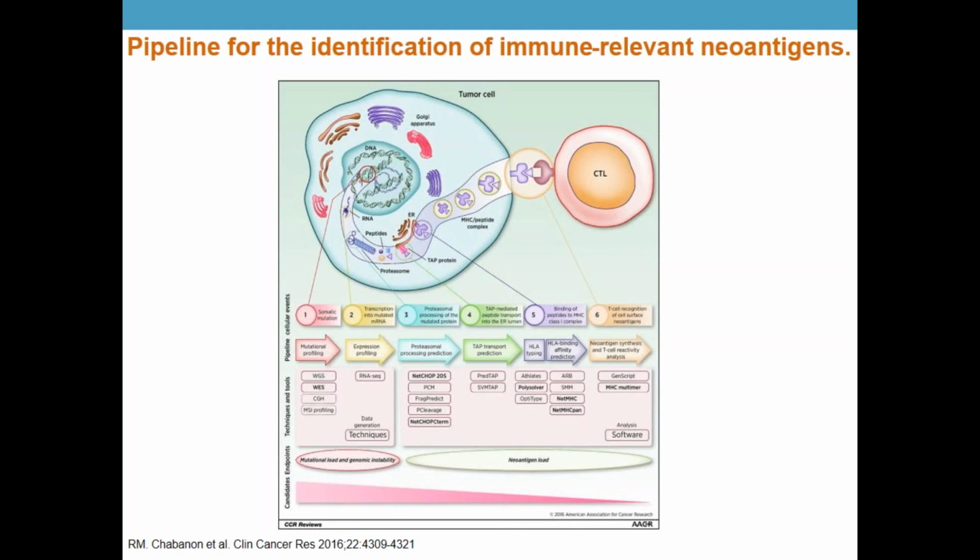Then we get to number 5, which is the binding of these things to that MHC class 1 presentation molecule. And there are more algorithms available to determine which of these peptides has the greatest affinity, the greatest magnetism for the HLA, the MHC,